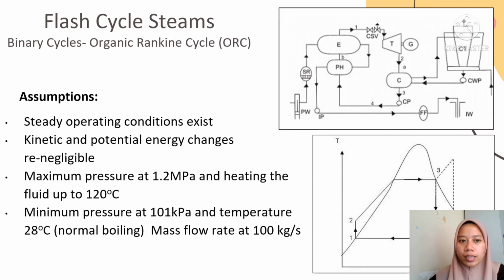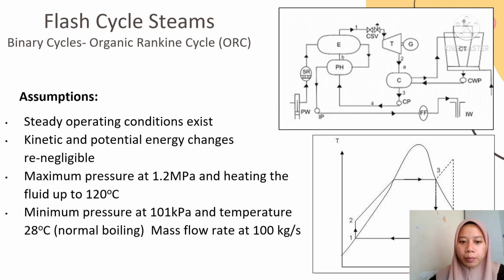Lastly is the design for binary cycle, organic Rankine cycle. So here is the cycle of this ORC and then the TS diagram. So from here we can make an assumption, which is this plant has steady operating condition, kinetic and potential energy changes are negligible, maximum pressure at 1.2 megapascal, and the heating of the fluid up to 120 degrees Celsius,